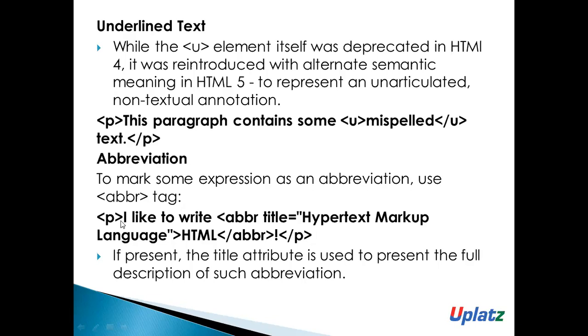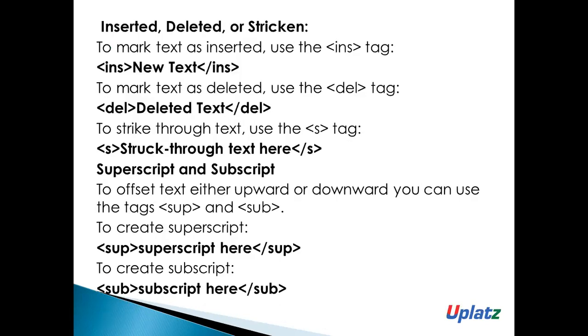In the paragraph, I'm just using the abbreviation tag. I'm just opening and then closing, and then I'm just closing my B tag. So if present, title is used to present the full description of such an abbreviation. So for HTML, I need to abbreviate that in my title. For that, I'm just using the abbreviation tag, which is nothing but ABBR, and it also has a closing tag as well. So next is